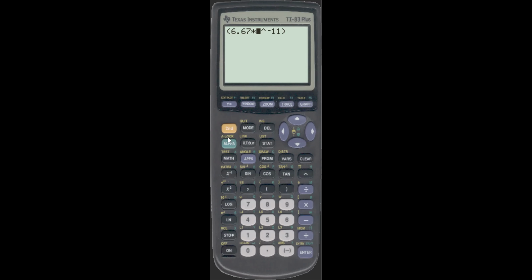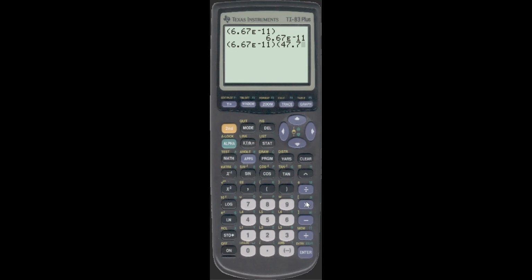Where is it? Oh, it's second comma. Yeah, right there. Okay, and then, I call this awkward, you don't put anything. You don't even need the times. It's just 6.67 E minus 11 like that. I'm going to hit enter here just to make sure. Okay, so it's that parentheses